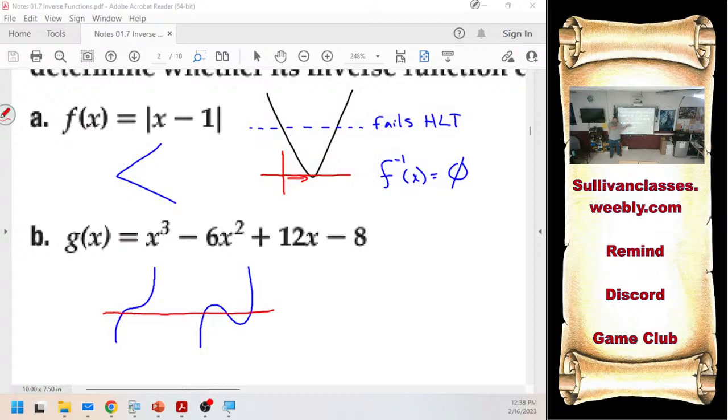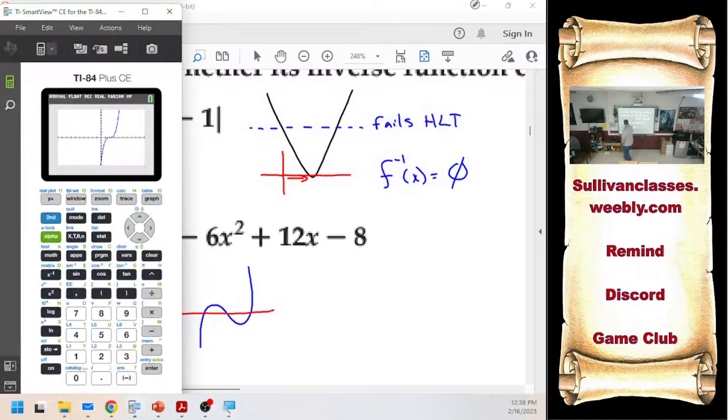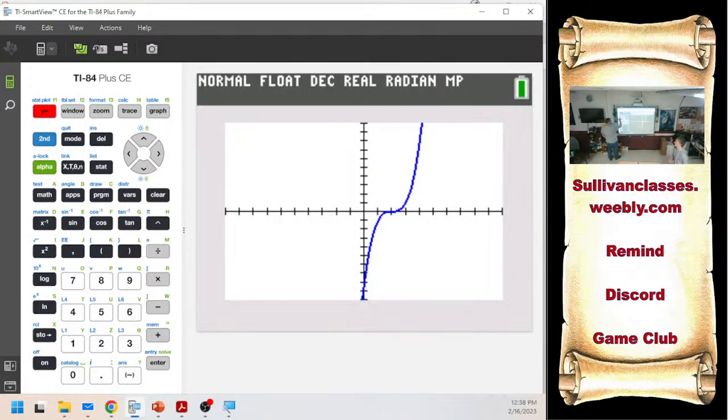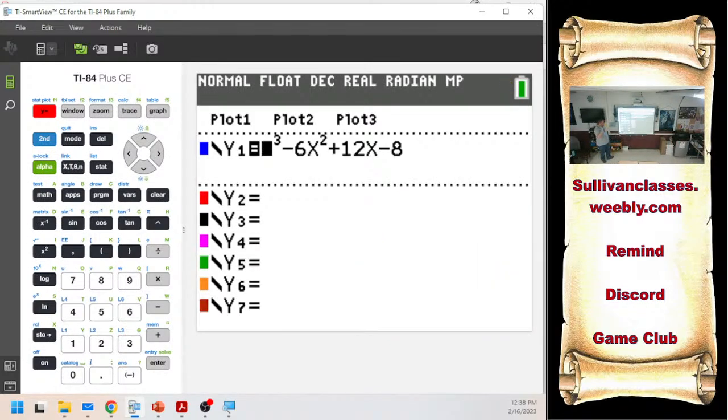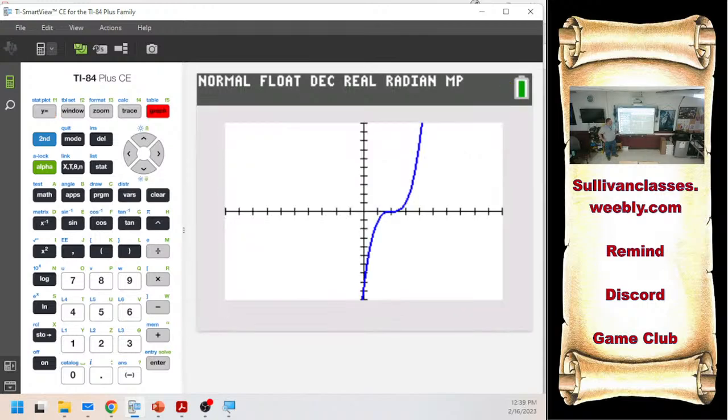Instead, I want to just dump this in my calculator and look at it. So, dump it in your calculator and look at it. Will it pass the horizontal line test or not? How can you tell? Never ask, dude. Just go. You type it in, you hit graph, and